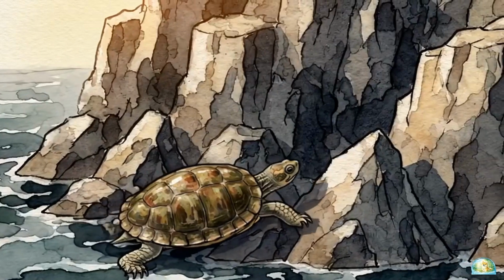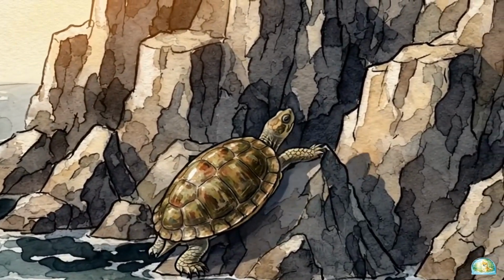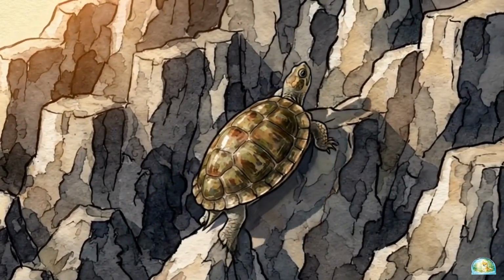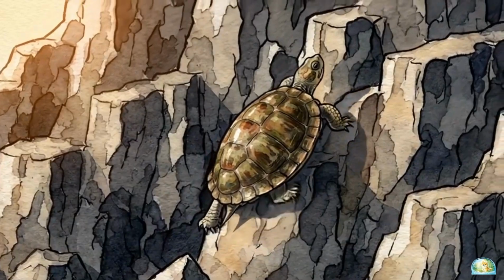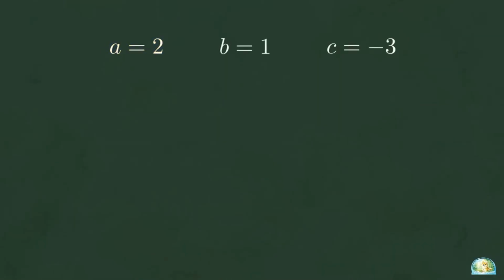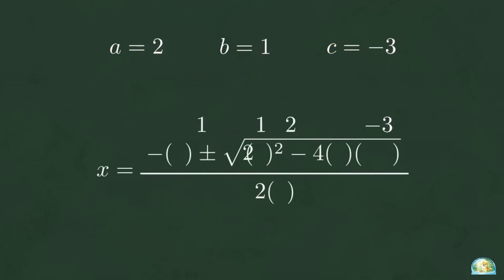The terrain becomes more jagged as Tella encounters a vertex island representing 2x squared plus x minus 3 equals 0. For equations that resist factoring and simple reorganization, we use the quadratic formula to find the exact coordinates. We identify the variables a equals 2, b equals 1, and c equals negative 3, and place them into the